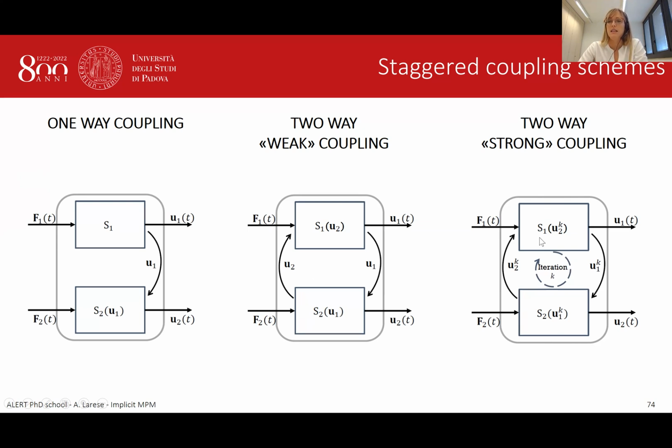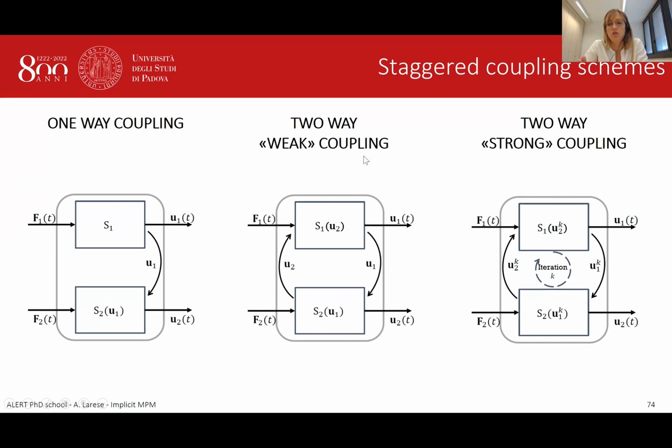That means in the same time step, we are going back and forth from system one to system two until we reach convergence. So until we have defined exactly the influence that the first system is making on the second and the second is making on the first at the same time. Of course, this is physically, conceptually more correct, but it's not always feasible. It's extremely costly, as you can imagine. So we need to evaluate